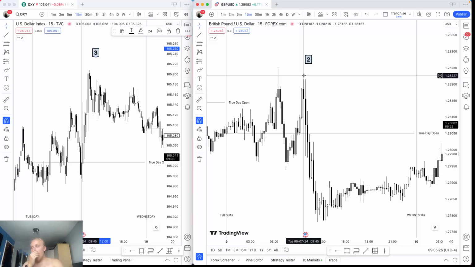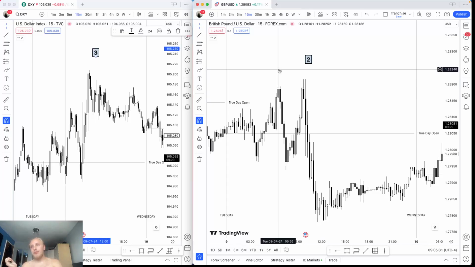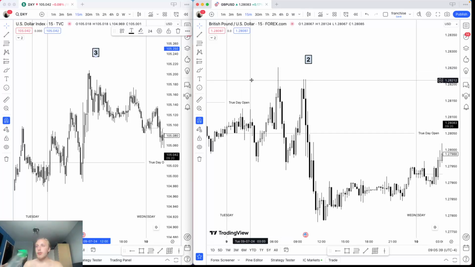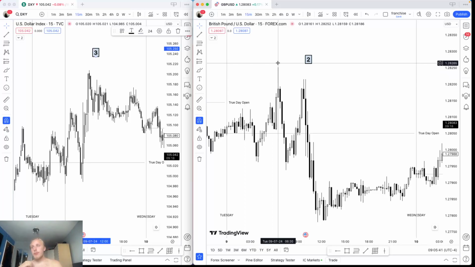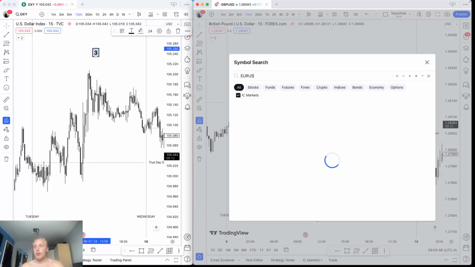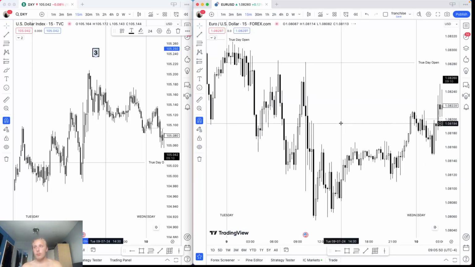And when we come up, we obviously retrace, but this movement would have stopped people out if you was short on GU, with the context of the dollar being weak, because you traded 2 against 3 when you could have just traded the weakest pair